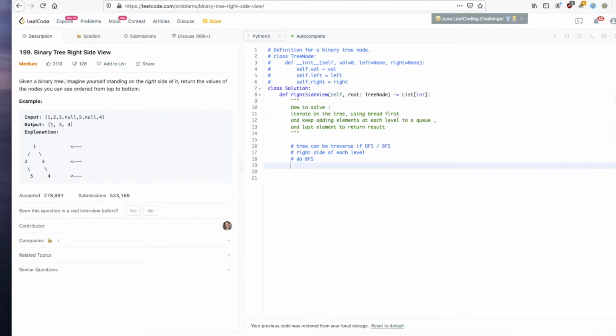And a tree problem is always either DFS or BFS, and 90% of them are always DFS. Either it's a backtracking problem or other recursive problems, permutation, combinations, other things, they are always DFS. BFS questions are very few. BFS questions always say go by the level, which we see over here. So this is the first part. So how do we go level-wise?